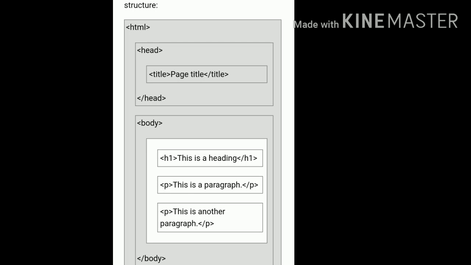In 1999, the W3C recommended HTML 4.01. In 2000, the W3C recommended XHTML 1.0. Then after a long period, in 2008, the WHATWG published the HTML5 first public draft.